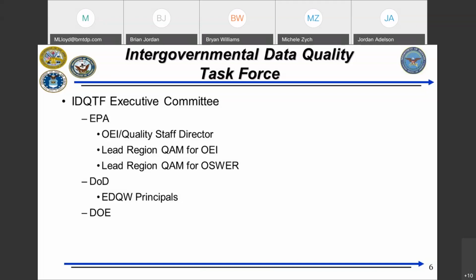One of the interesting things that has occurred is that, back in the early 2000s, when the IDQTF was really getting going, we had pretty significant participation from the Department of Energy. After 2005, that really dropped off, and there wasn't much DOE involvement. But DOE has re-engaged, and we're really excited about them being involved and helping us as we engage and expand on what we've got currently working with our friends at the IDQTF.